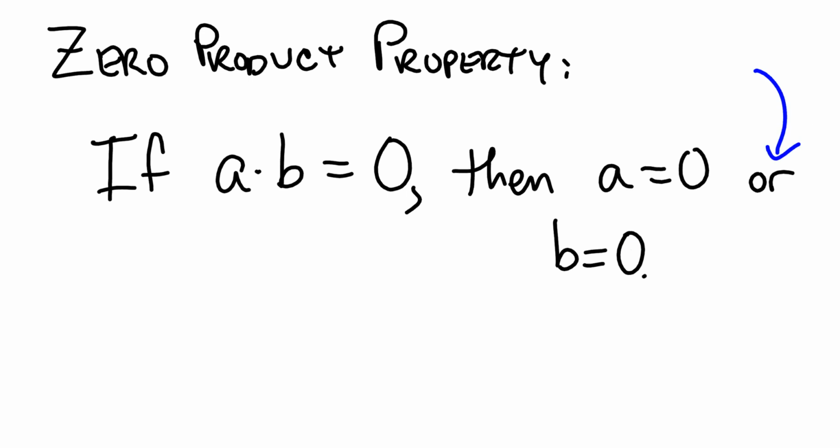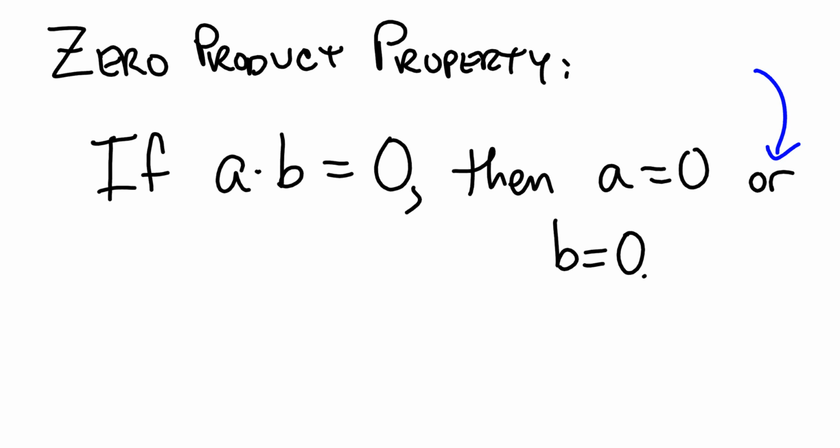In the mathematical OR, A could be 0, B could be 0, A and B could be 0. If A is 0 and B is 2021, the product is still 0. If A is 2020 and B is 0, the product is still 0. If A and B are both 0, the product is still 0. So when we say or in a mathematical sense, we mean that one is 0 or the other is 0